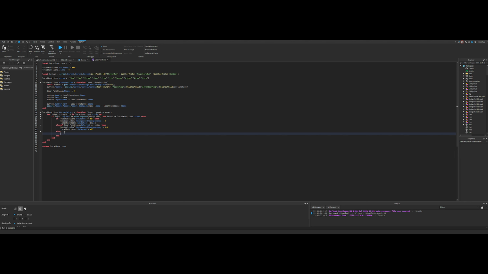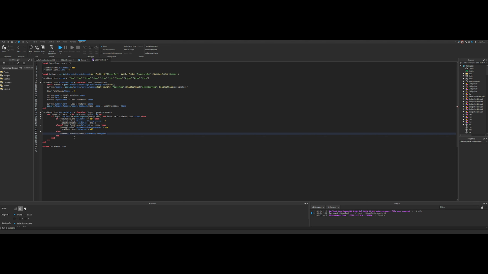So what I'm going to do here is hotbar index. Wait, no. Here is something. This is also a tutorial, kind of, if anyone wants to follow along. But this is how I solved my problem. I did hotbar local functions dot selected